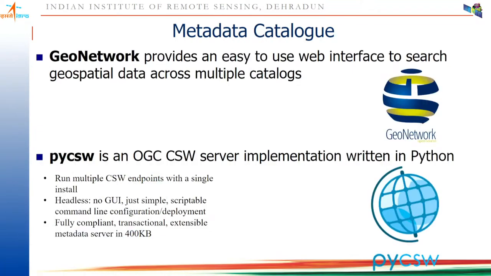Then I was talking about the metadata catalog. It is very important because the quality of the data, the source of the data, the provider of the data, plays many times a more important role than the actual data. It's like if you are reading a tweet from BBC, or from your state government, or from some individual, all of them may have different weightage. So many times it is the source of the information which defines the credibility of the information rather than the type of information, right? So the metadata catalog is very important because it tells you the details about the data,